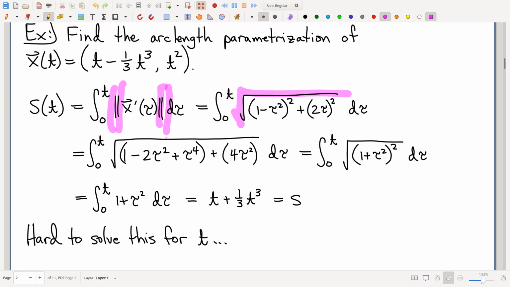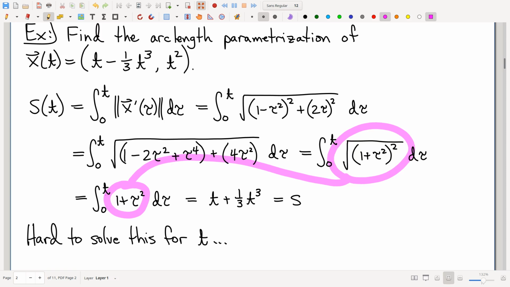I went to some trouble to carefully arrange things to where, in fact, it's a square root of a perfect square, and the square root goes away. Isn't that nice? This is about as good a news as we could expect, other than trivial cases. About as nice as we could expect it to be, and yet, still, notice,